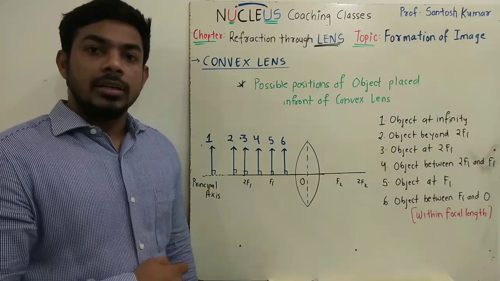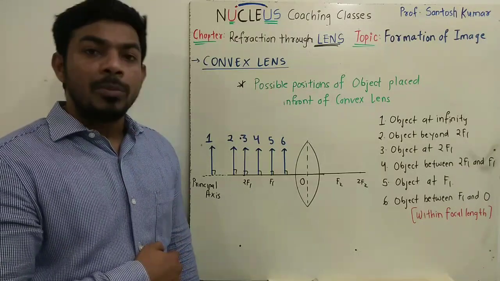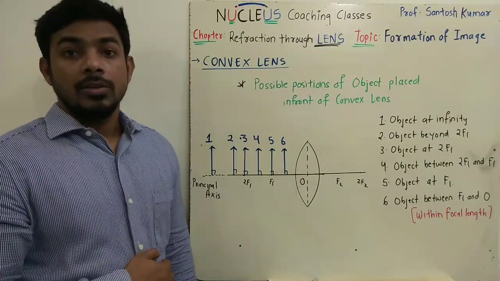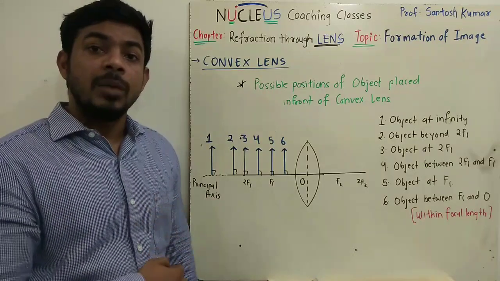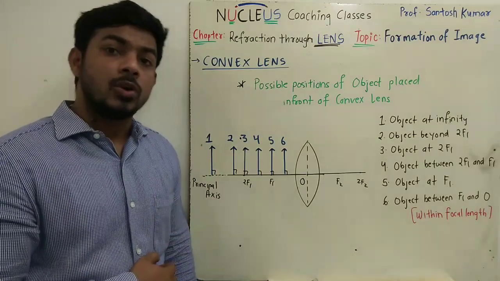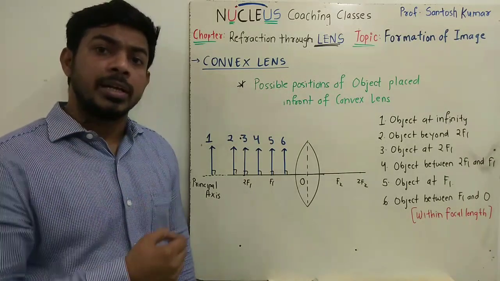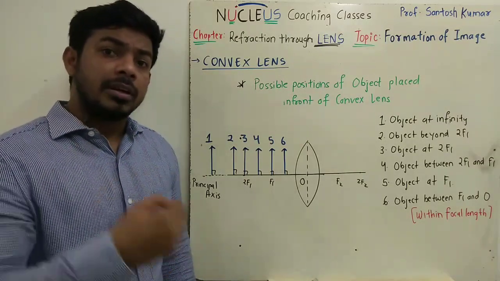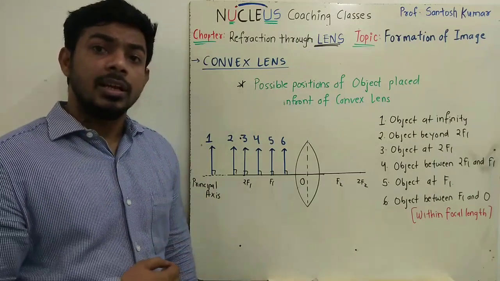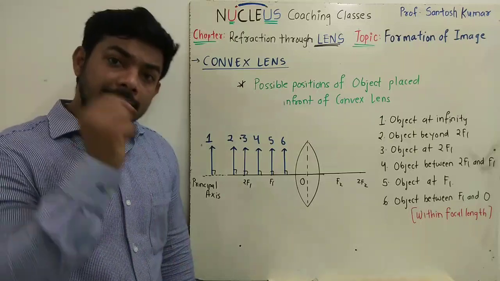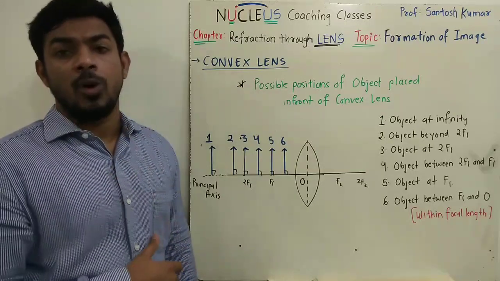Let us now study the ray diagram for the formation of image of an object kept in front of lens. So in this section we will keep an object in front of convex or a concave lens. We will draw some incident rays from the object which after getting refracted from the lens will meet at a point or appear to meet at a point, and that is the place where the image is formed.